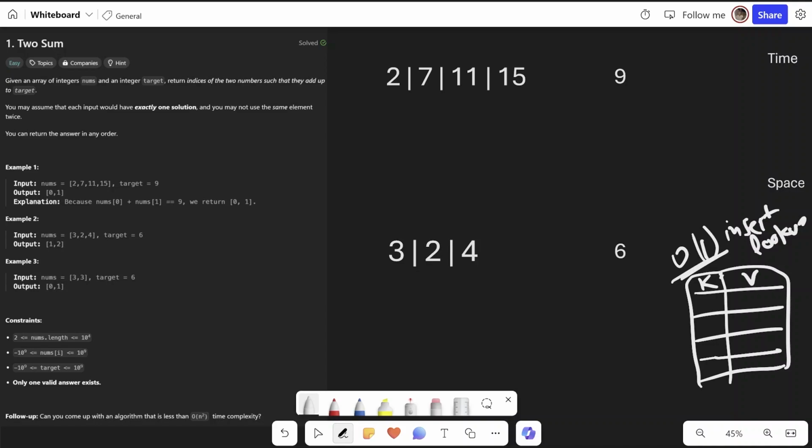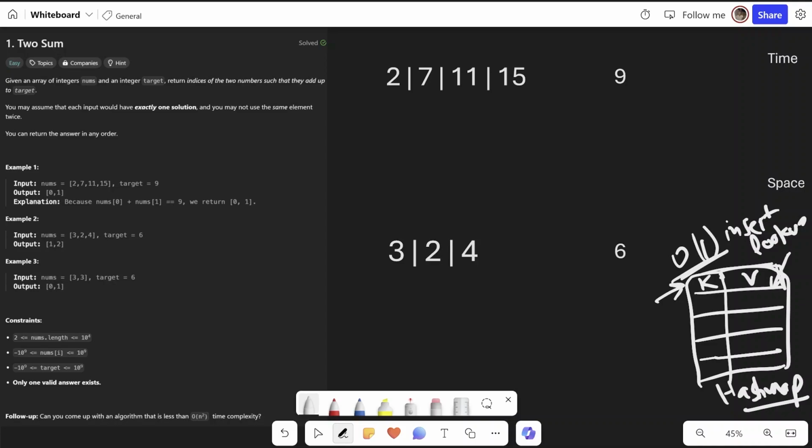So you can consider it similar to a hash set which we discussed earlier. The only difference is that it stores key value pairs and not a single value. So you need to query by the keys and you will get the corresponding value. Okay, so we'll now use this hash map to solve our problem. So let's start.